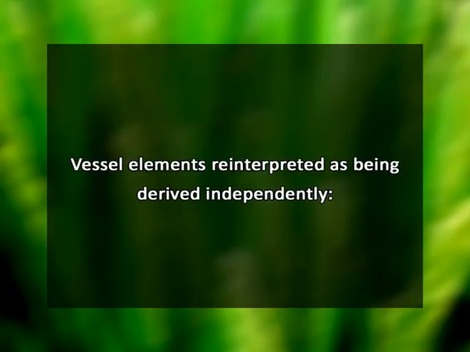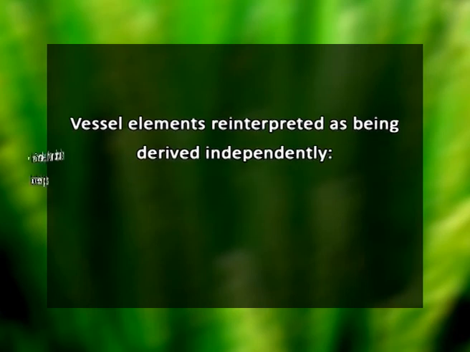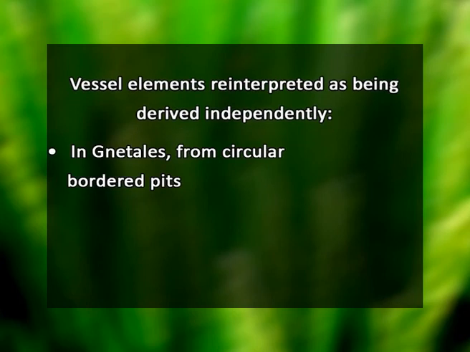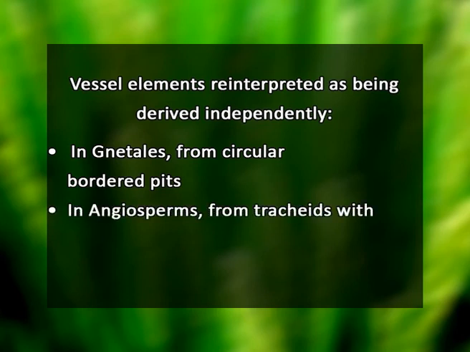For example, vessel elements are now reinterpreted as being derived independently. That means a product of parallel evolution. For example, in Gnetales, they are derived from circular bordered pits, while in Angiosperms, they are derived from tracheids with scalariform pits. One more widely debated hypothesis about the evolution of Angiosperms is that Angiosperms were derived from an